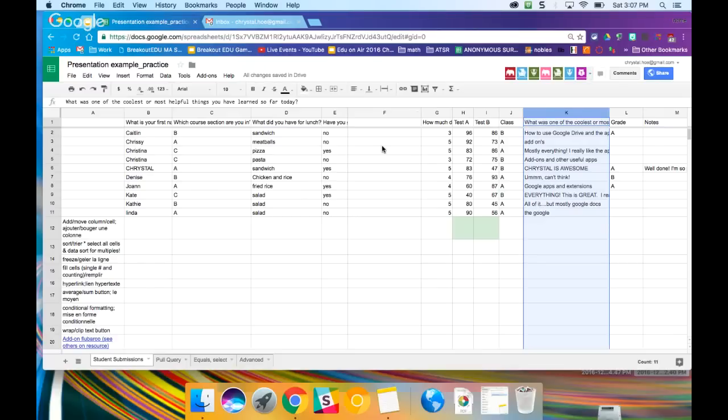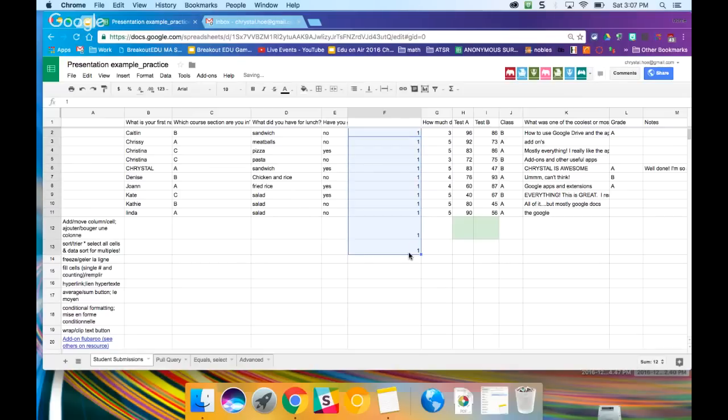So the next feature that I like is the fill feature. Go ahead and go to your blank column, and this could be anywhere on your sheet, and I'm going to type in the number 1 and hit return. So I'm going to go back and click on the number 1, and when I'm clicking, do you see that tiny little blue square at the bottom right-hand corner? If you hover over it, your arrow should turn to a plus sign. That means that I can drag that plus sign all the way down, and that's my fill feature,